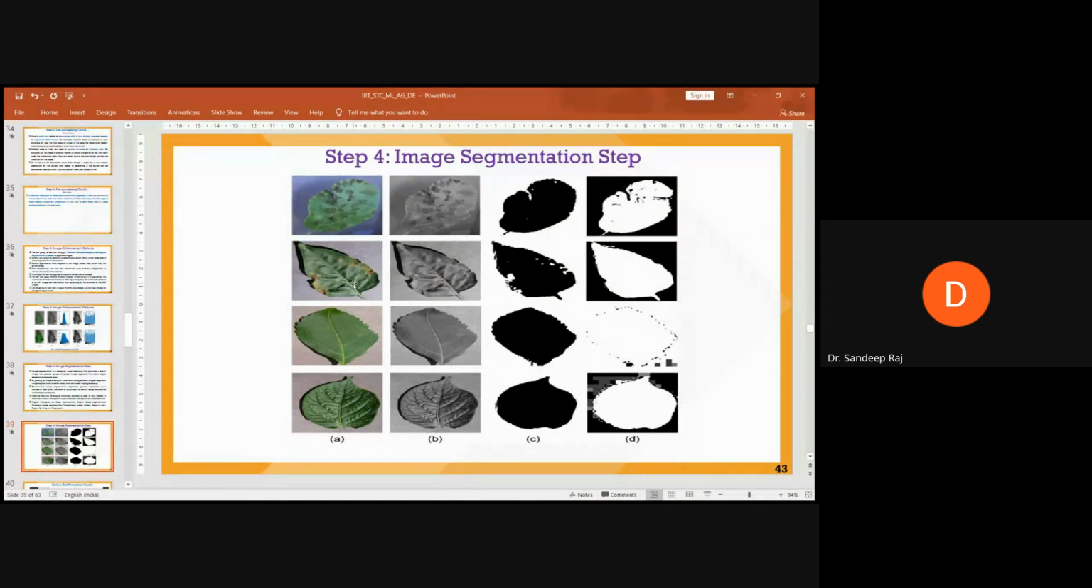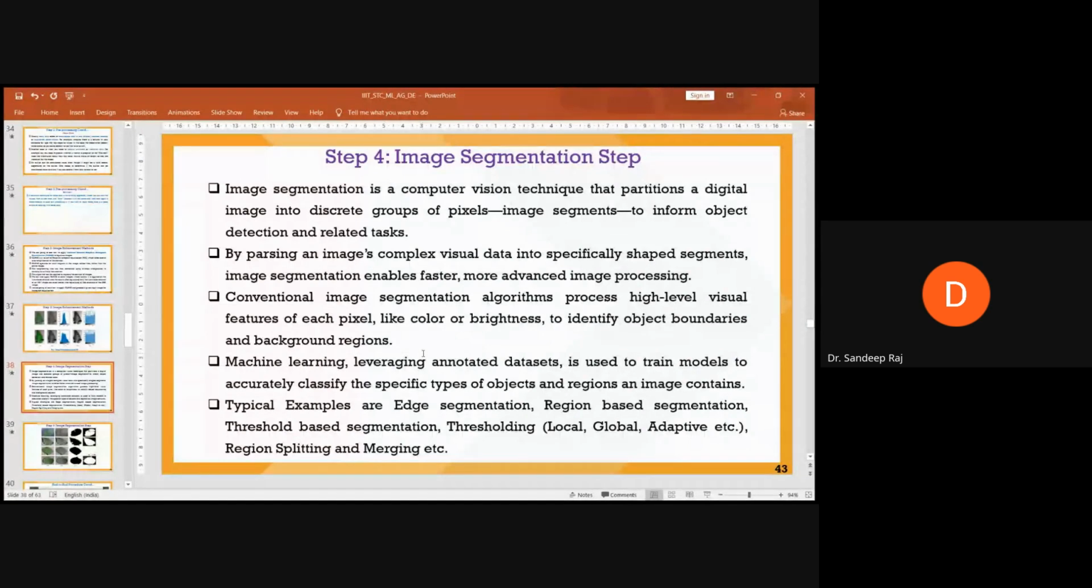So the one point I am highlighting is that no fixed step is available that we can say is going to perform well on each and every data or each and every sample. So we have to experiment with different methods on the different data that we have. So, coming to the image segmentation step,